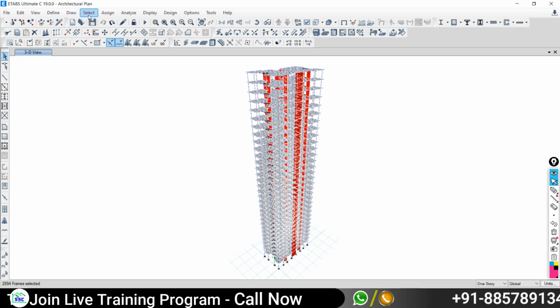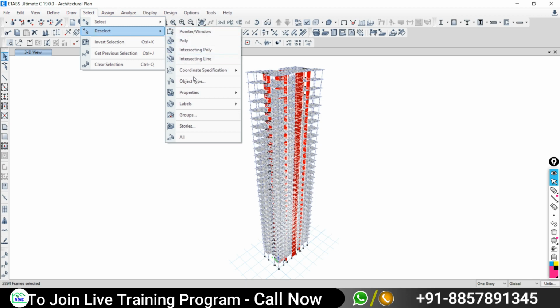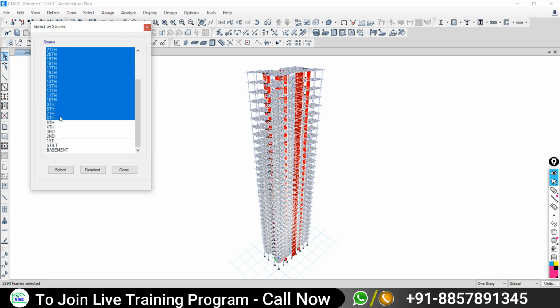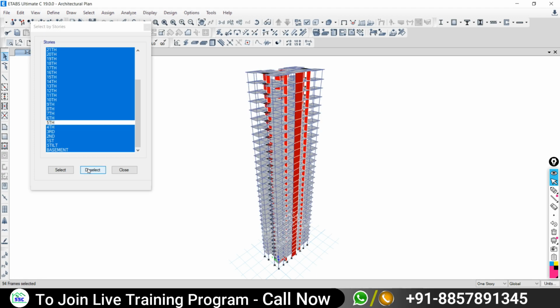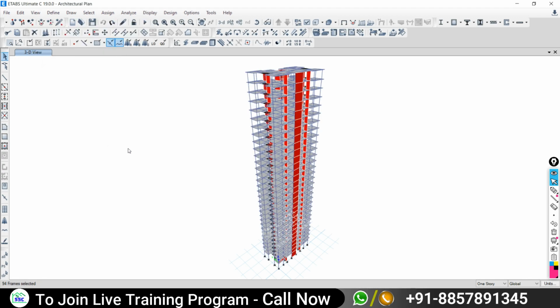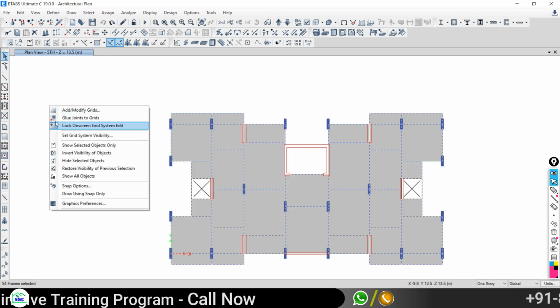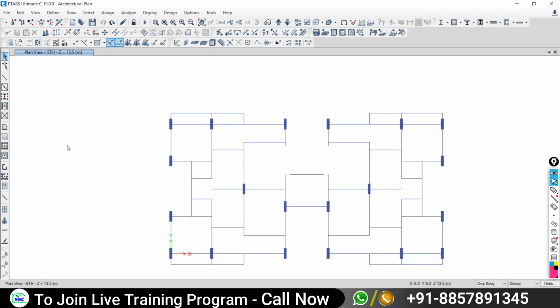So go to select, go to deselect, go to story and select all, come up to 6 and deselect. Now go to plan and come to the 5th floor level, say apply, and right click on your window, show selected objects only. See, only the beams and columns are there.